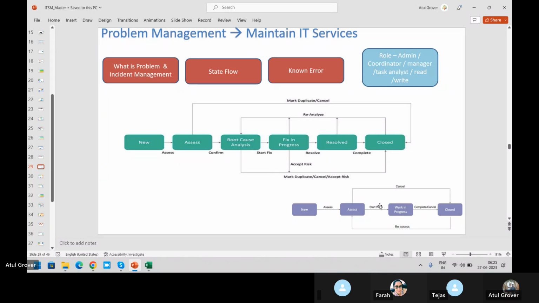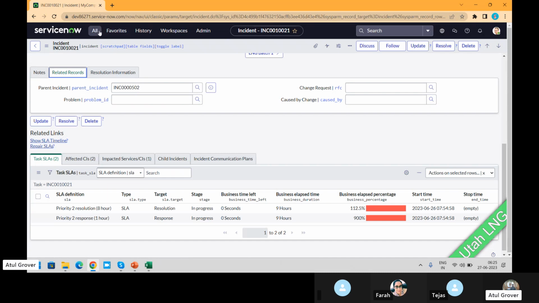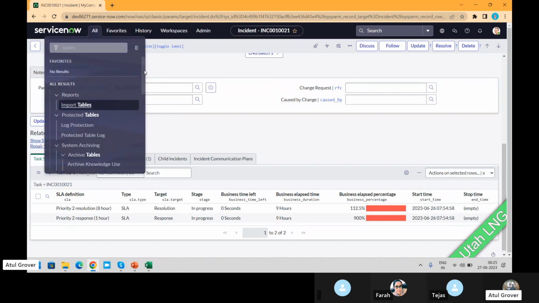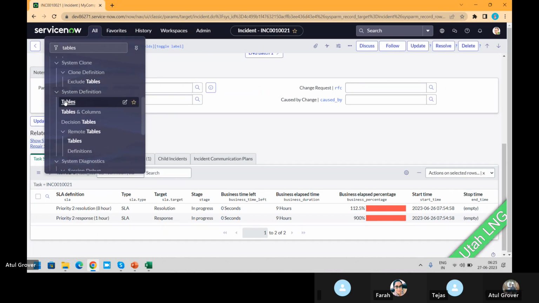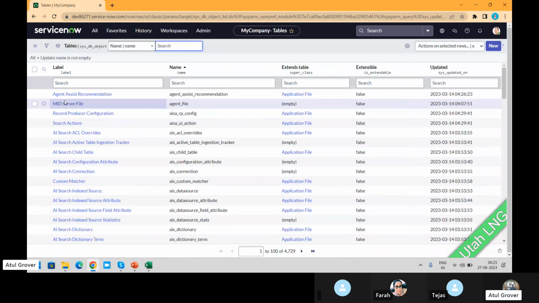It's clear. Okay. Now what we'll do, I'm not going to the demo. Let's understand a little bit more from this perspective. So let's come here. Who is in the call today? Okay, no problem. Let's come here and search for that table, because this is the basics we have to do. Problem table is extended from the task table.